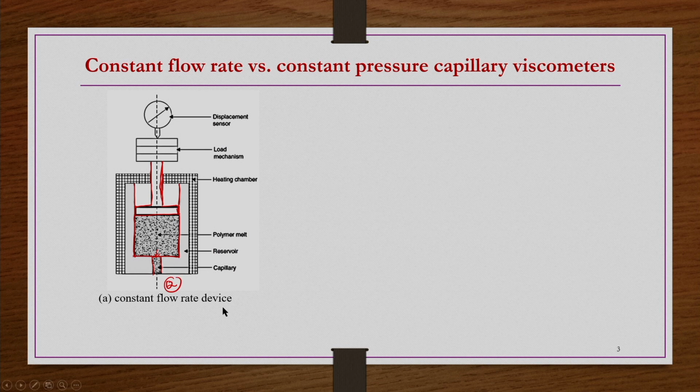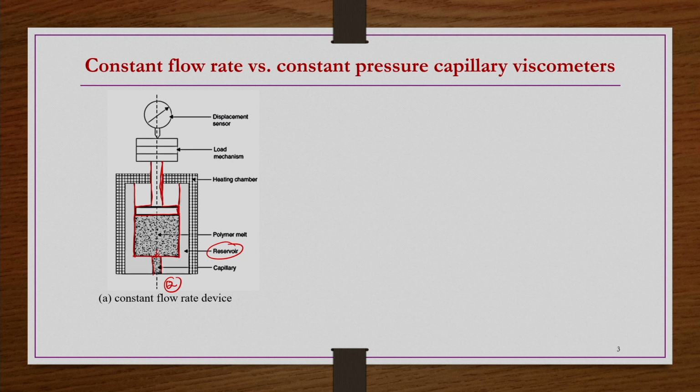So, now in this device you want to have a constant flow rate and then accordingly the load you will be changing. Why? Because let us say gradually when you are doing the experiment, the unknown fluid that you have taken in the reservoir or the vessel will be consumed and going out as a flow, as a fluid, right. So, then obviously this volume is going to reduce. Then obviously if you are keeping the load fixed, the flow rate is going to change. So, the operation you will be doing in such a way that you maintain the constant flow rate and accordingly you change the load, right.